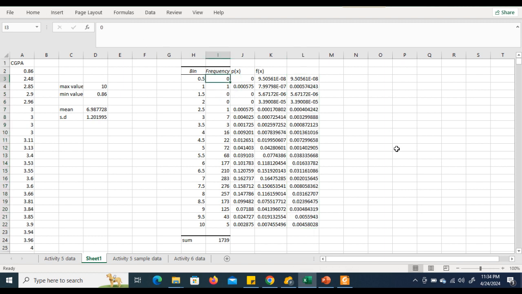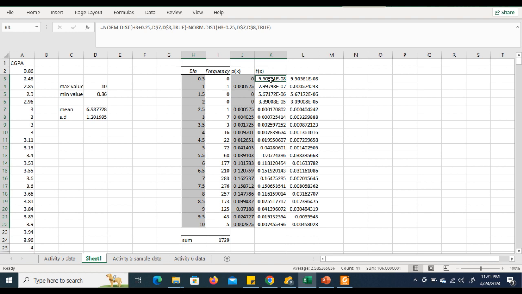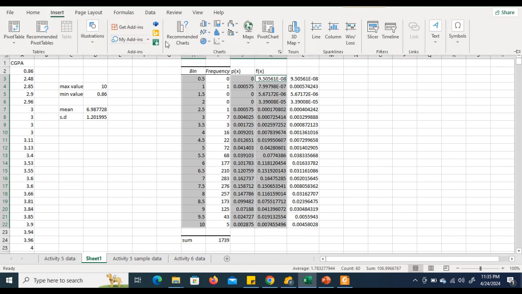For example, I have selected with Control Shift Down key. This entire column has been selected, sorry, but we need the value of X, that is Control Shift Down, then release the shift button, but we have already pressed the control button. Now select this box and again Control Shift Down, again release the shift button, then Control Shift and Down. So we have selected these three boxes, and now if I plot this particular